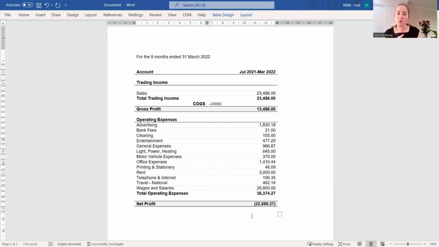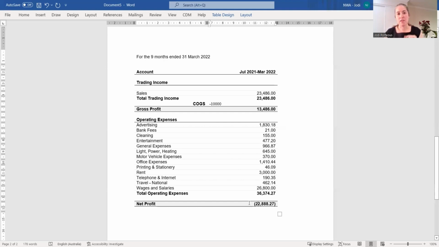Now, be mindful, your profit and loss doesn't necessarily ring true in your bank account. So there's things that happened back in your balance sheet that don't show up on your profit and loss statement. So be mindful that just because you show a profit doesn't mean you have cash. Just because you show a loss doesn't mean you've got no money. Sometimes they do correlate. In fact, quite often they do, but sometimes they don't. Okay, so